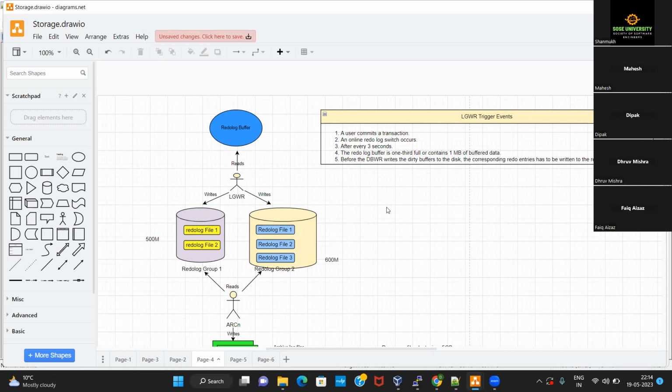But is the 3 second a threshold time, or like a default threshold time, that we can alter? No, we cannot change that. That is the automatic event in the database. Like you cannot change the timing for checkpoints, which happens after every 3 seconds. You cannot change that. Similarly, you cannot change this event as well. And is this the same for all the versions of Oracle databases? Yeah, it is the same for all the versions of Oracle databases. Okay, sir. Thank you.